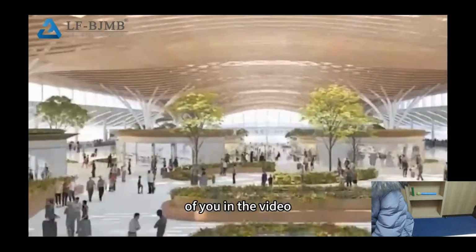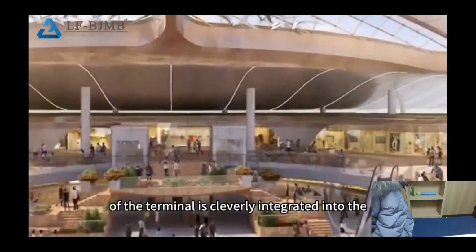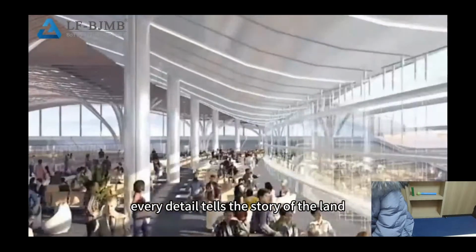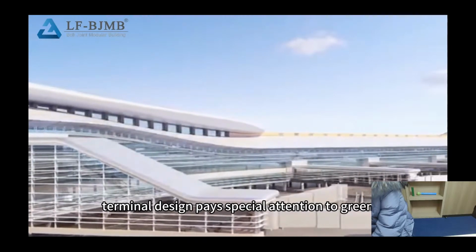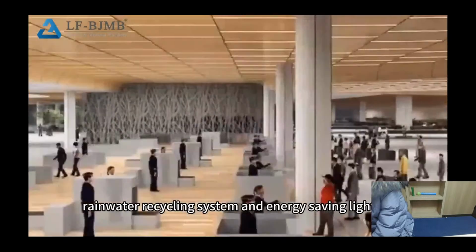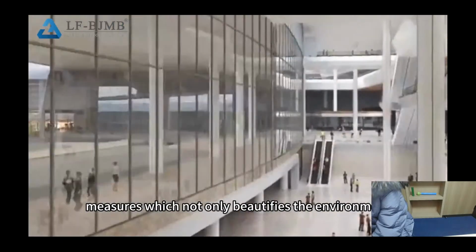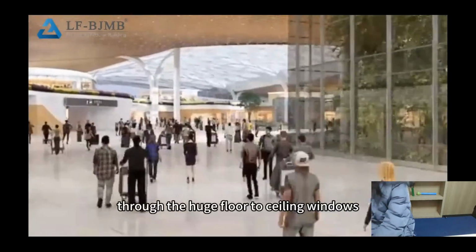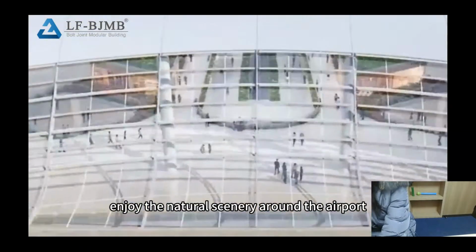in front of you. In the video, the interior decoration of the terminal is cleverly integrated into the ethnic customs of Yan'an. From murals to sculptures, every detail tells the story of the land. Yan'an Airport Terminal design pays special attention to green environmental protection. The video shows the terminal roof greening, rainwater recycling system, and energy-saving lighting measures, which not only beautify the environment but also effectively reduce energy consumption. Through the huge floor-to-ceiling windows, passengers can also enjoy the natural scenery around the airport, as if they are in